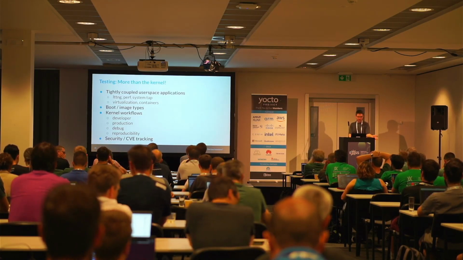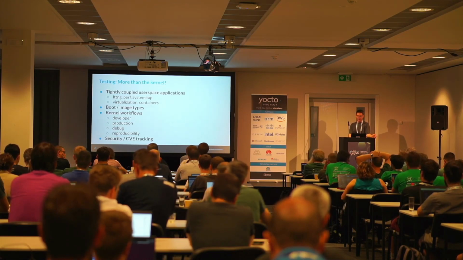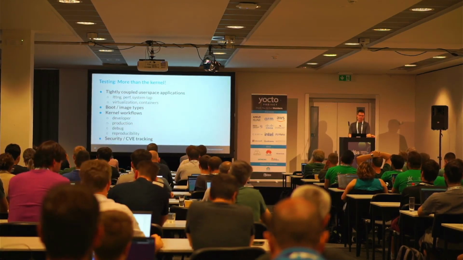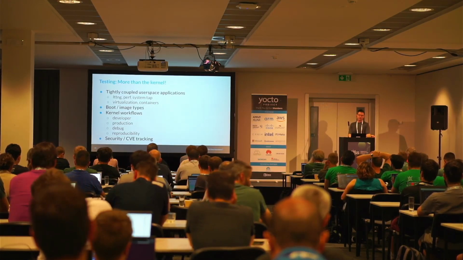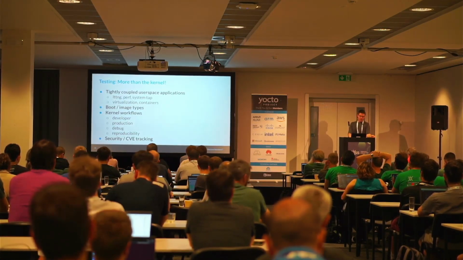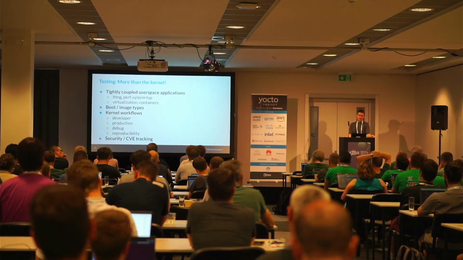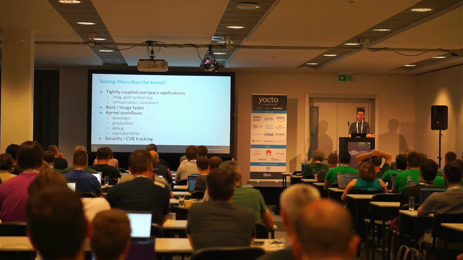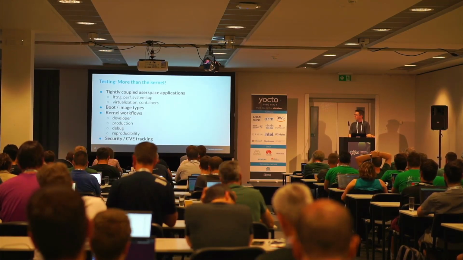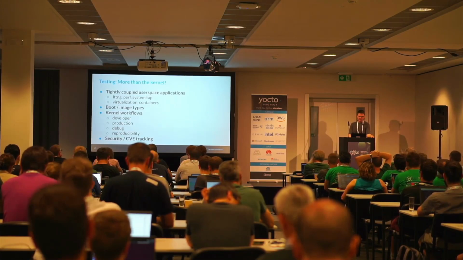The kernel workflows are tested, whether it be developer, production, debug, and reproducibility. We drive through the testing of the reference kernel. So I already know that 6.4 has a perf reproducibility problem that has popped back up, even though we haven't released it yet, because we test reproducibility against the dev kernel, and it's waiting for me to fix when I'm back from the conference. And of course, we've